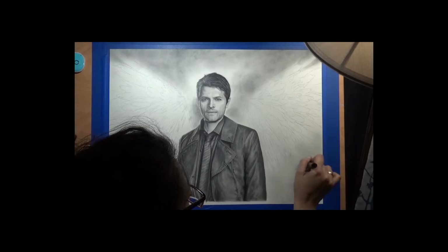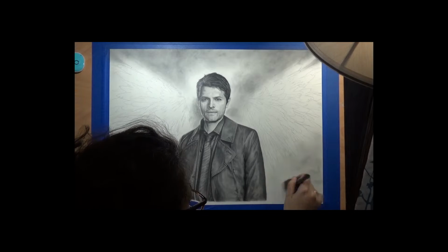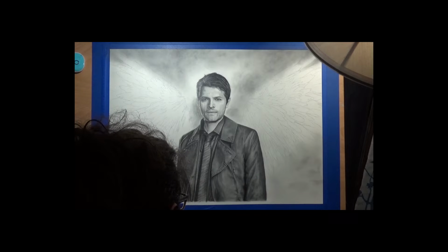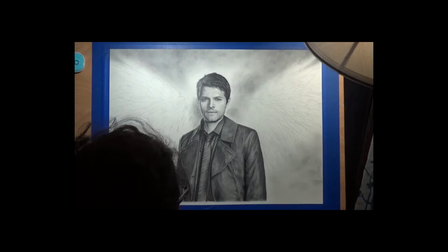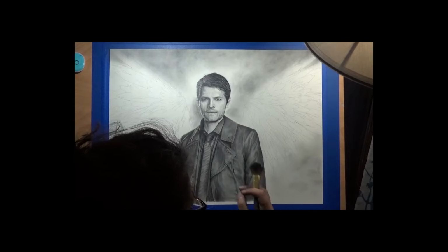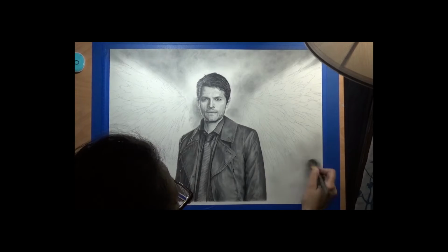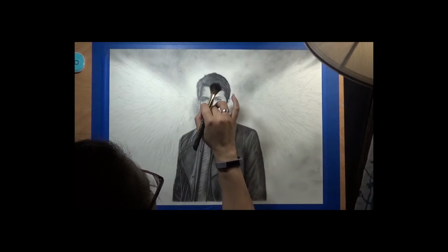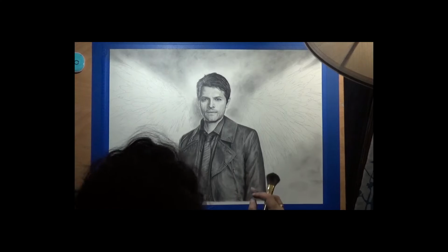So anything that you know is going to be a highlight later, don't put as much material there, or don't put it there at all if you know it's going to be super light or an absolute paper white highlight later. But what I like to do in those cases, I leave those areas lighter, but because I know there's going to be midtones and darker areas and shadows that are going to show behind them, which is how you get the actual movement of hair, I'm not literally drawing those in. Sometimes I do, with a finer detail, putting some actual strokes back in to define it a little bit better. But once I've got the darks put in, and I'll be going back and putting darks back in too to intensify them, because you're constantly checking your values as you go along, how light something is and how dark something is,